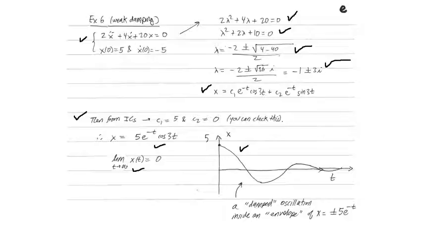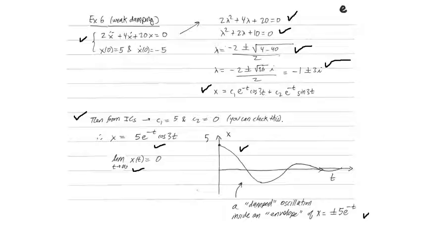The idea here is the oscillation is happening in our solution, but because the system is losing energy at the same time the oscillation is happening, there's an envelope, is what it's called, plus or minus 5 e to the minus t. Your oscillation back and forth is occurring within that envelope. So you still see an oscillation happening, but